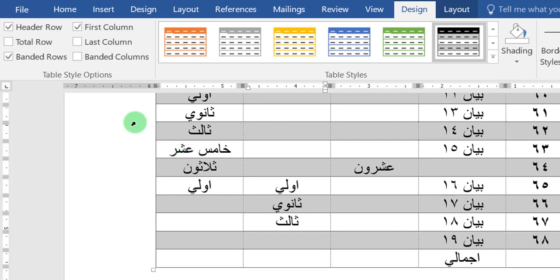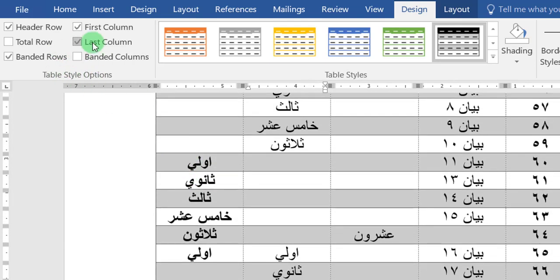The same applies when choosing the last column. And for selecting the total row.